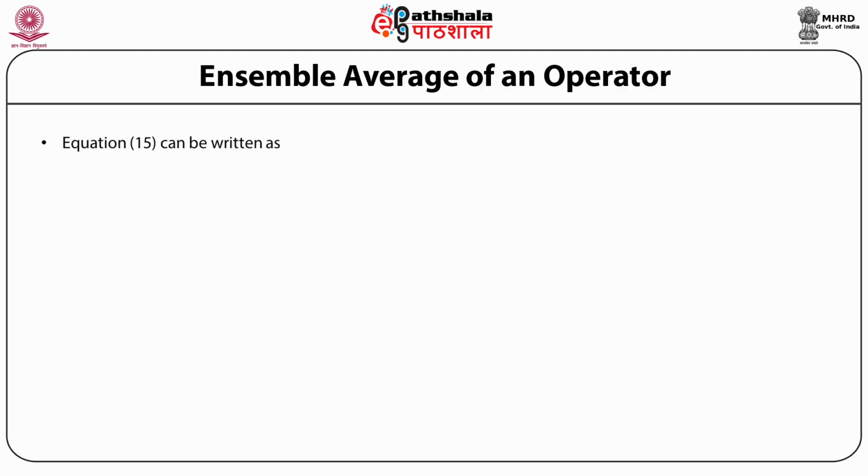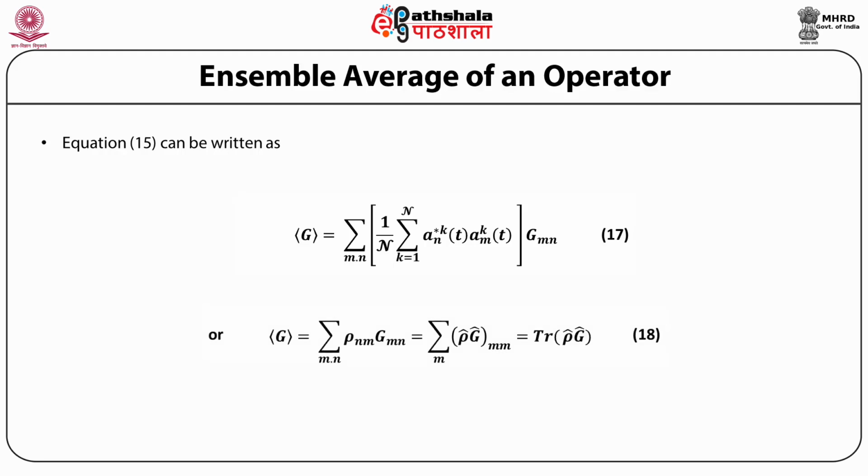Equation 15 can be written as the ensemble average of G equal to the summation over m and n of 1 upon the number of identical systems in the ensemble N, multiplied by the summation over k equal to 1 to N of a_nk star(t) multiplied by a_mk(t), the whole multiplied by the matrix element of the operator G between the states m and n. Or, the ensemble average of G is equal to the summation over m and n of the matrix element of rho between n and m multiplied by the matrix element of the operator G between the states m and n,